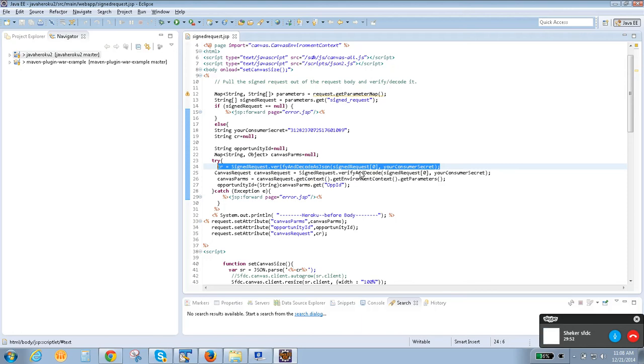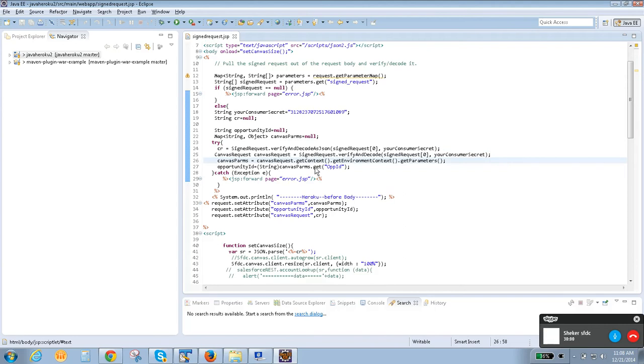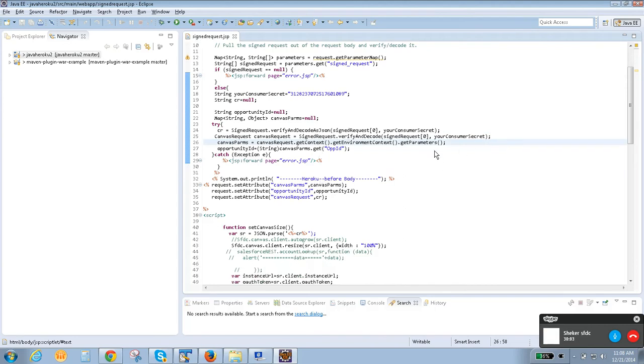Then it is going to redirect to some other page saying we couldn't log in to your application or the authentication wasn't successful, or something like that. Clear? Clear. So by default, parameters are passed using the signed request param. Once the request lands, we have to authenticate by decoding that context, the signed request, and cross check with our consumer secret key. If it is not null, then it becomes a valid request.